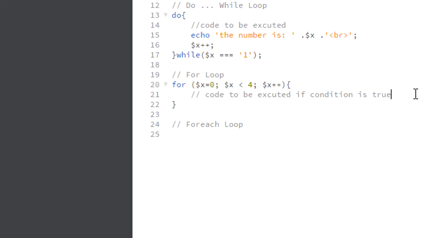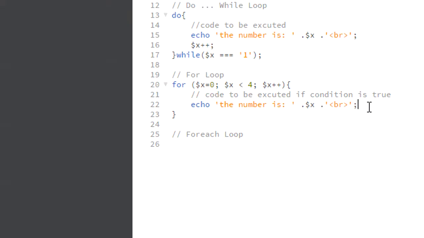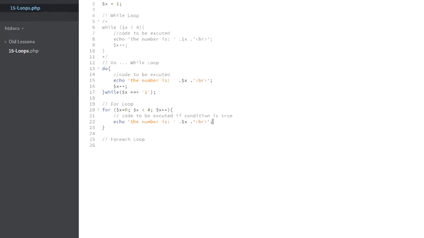Inside here, let's echo x, just like what we did the last time. Copy from out here and paste. So we will echo the number is, and then concatenate the value of x, and we have a break to create separate lines. Let's save this and go to our browser,